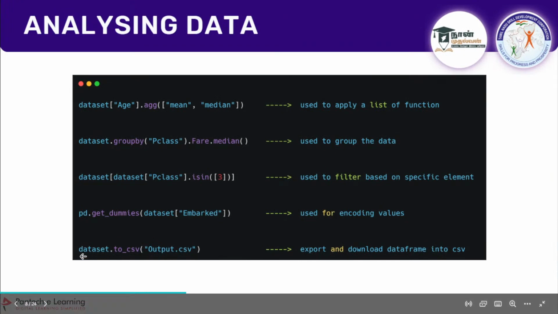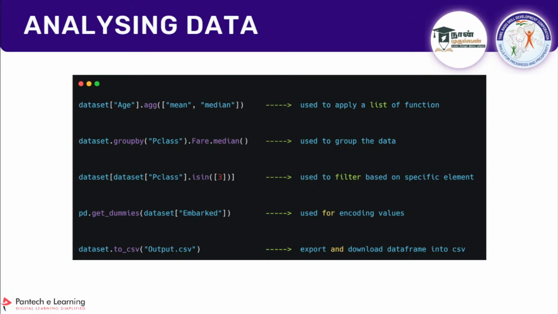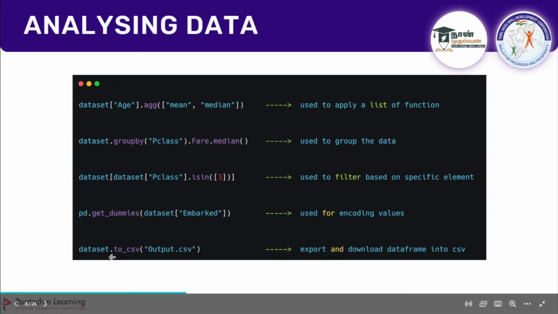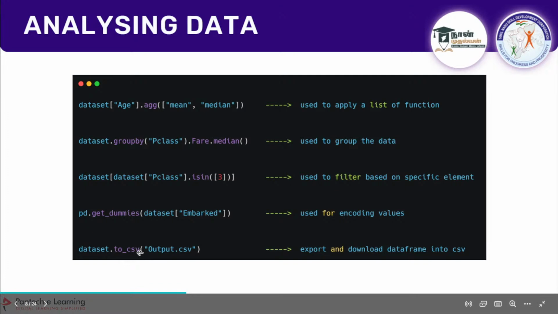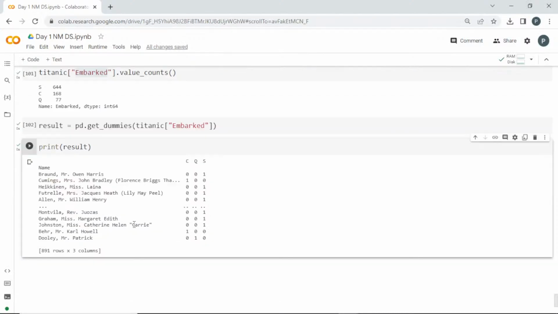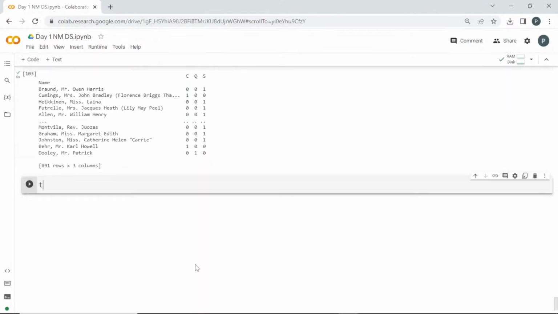So next, if you are doing some pre-processing and you have completed it but you want to save it as a CSV file, how will you do that with Pandas? It is very easy. You can go with dataset.to_csv. read_csv is for reading a CSV file, to_csv is for converting it. It is not pd, it is the variable where you have stored the dataset, .to_csv. And inside you have to pass the name along with the extension. For example, if you want the name output.csv, you can give that, and it is going to give you that. So now, for example, if I want to save this Titanic dataset,